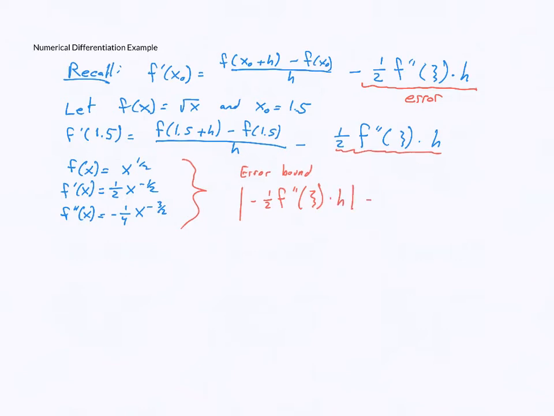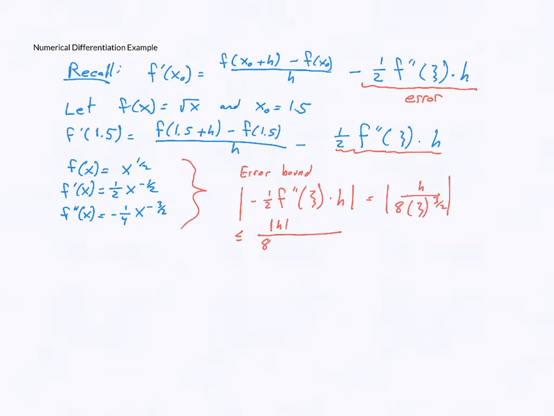And we already know that's equal to 1/8, so I'll write it out as h over 8 times psi to the 3/2. Now if I look at that, that's going to be less than or equal to, and let's find an error bound on this, the absolute value of h, which could be positive or negative, over 8 times